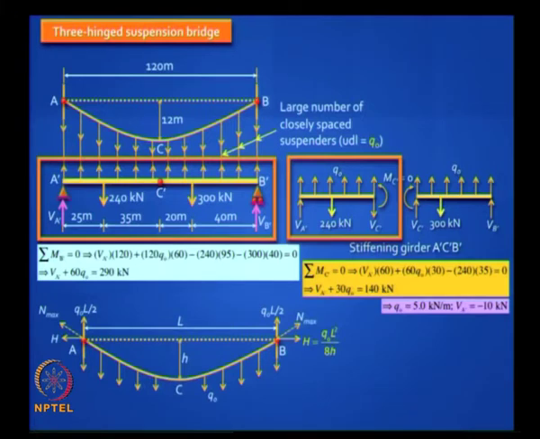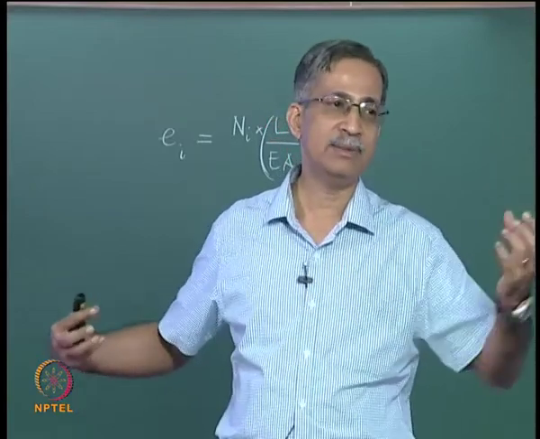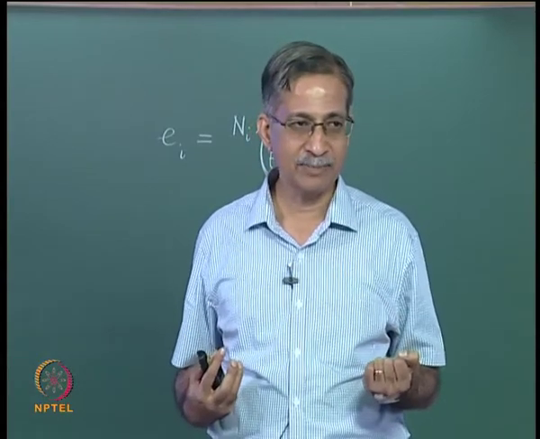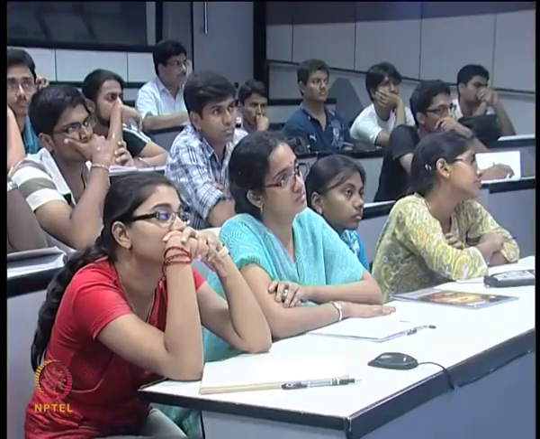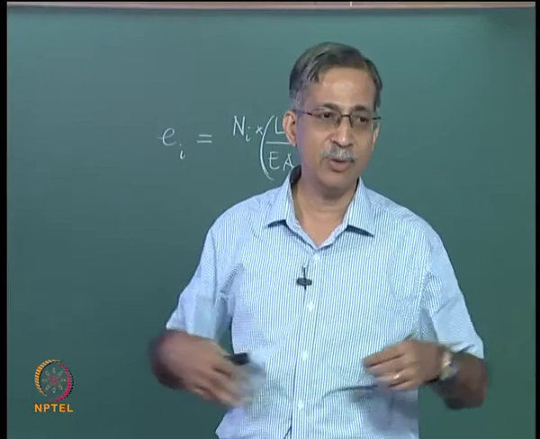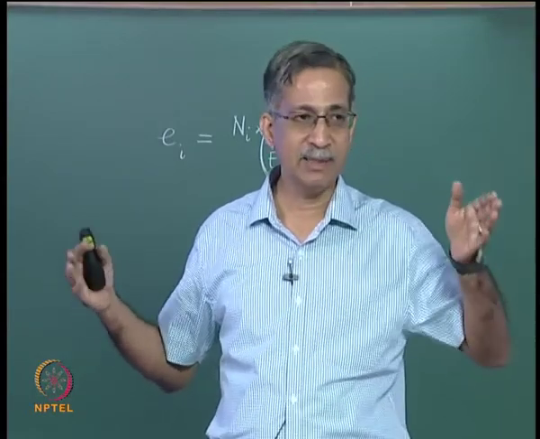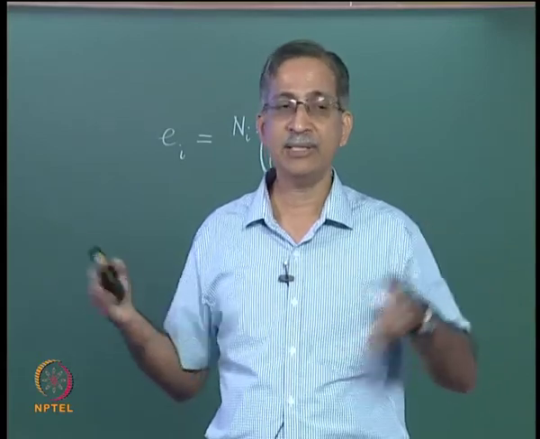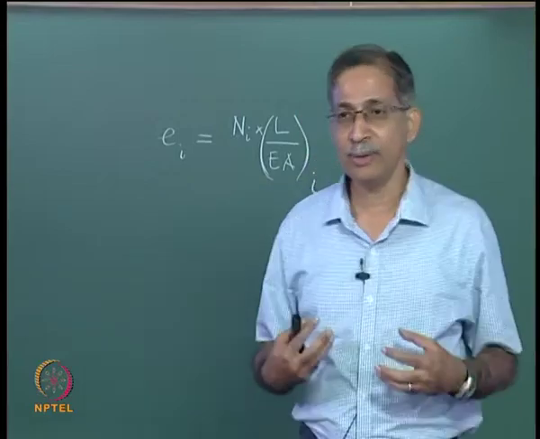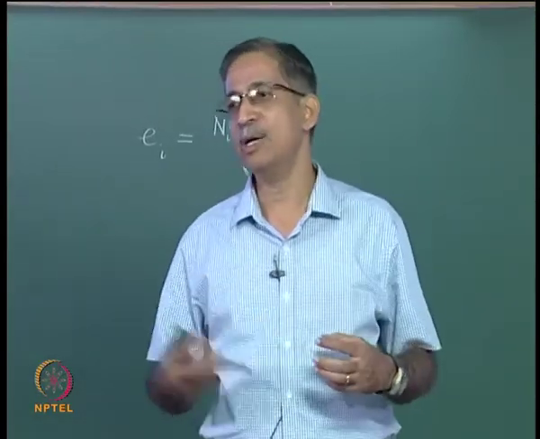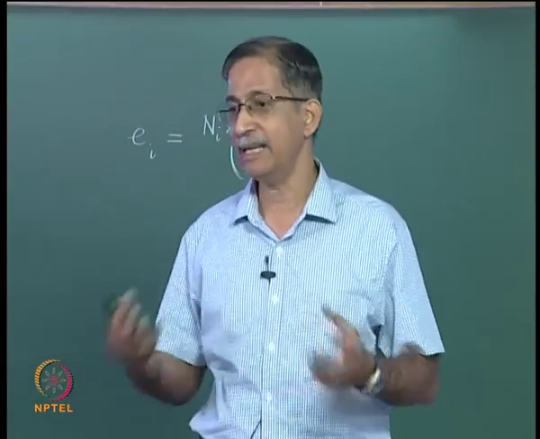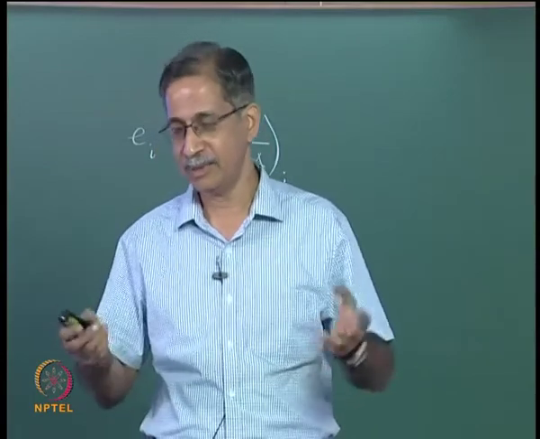In the olden days, the real worry was what is the size of the cable to be used, the wire rope. So you need to have an idea of what is the maximum tension in the cable. So it is very simple, find the total load that can come on the bridge, half the load will go to one end on the cable, that is you need the value of Q naught. Q naught into L by 2 is the vertical reaction, and H is Q naught L squared by 8H. The resultant of that is the axial force. If you know the allowable stress in that cable, you can work out backwards what is the diameter you need, you apply some factor of safety. That is how it used to be done. It is a simple straightforward calculation.